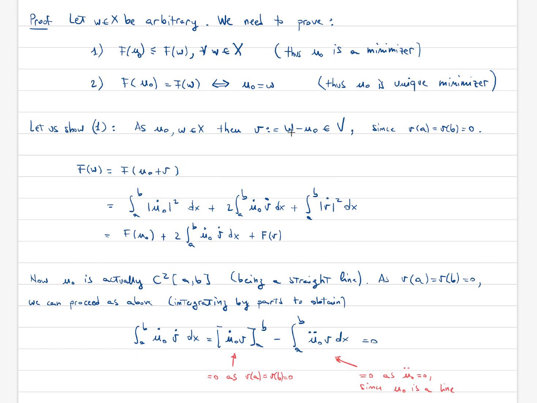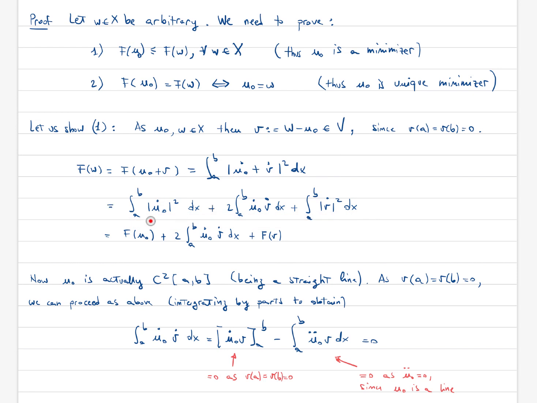By definition w is given by u0 plus v. And now we just use the definition of f. So f of u0 plus v is exactly the integral from a to b of u0 dot plus v dot squared dx. And so by expanding the square, we get this guy here, so this whole thing here,